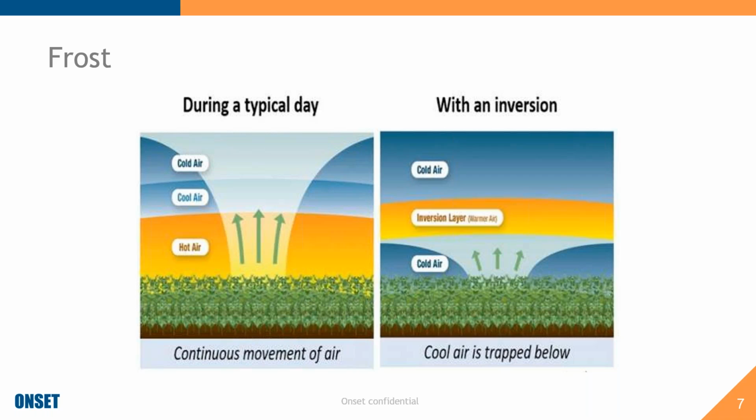On these types of nights, temperatures near the surface really drop, and it creates the potential for a cold air layer to form at the bottom, real close to the ground, that is then trapped by warmer air up top. This is what is known as an inversion. If you can see on your screen the difference between your typical day, where temperatures decrease as you increase in height, and an inversion, which is typical of what you would get on a frosty night, that cold air is trapped and remains above your crops,